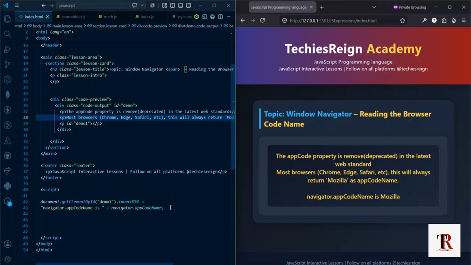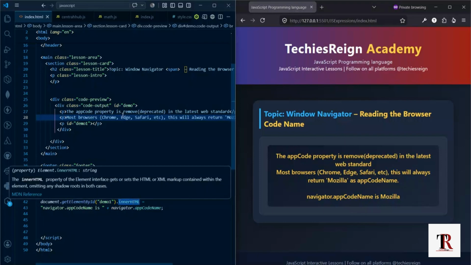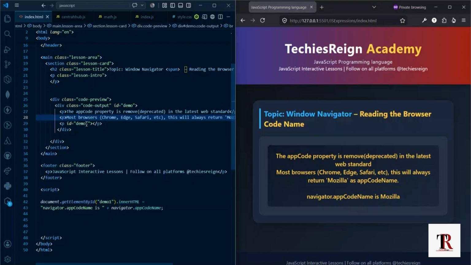So this part of our code, navigator.appCodeName, queries the browser for its internal code name string. For modern web standard compatibility, this is universally encoded to Mozilla, which means that it does not matter which browser you are running it in, it is always going to return Mozilla back to you. And our document.getElementById section targets this empty paragraph that we have here that has an ID of demo1